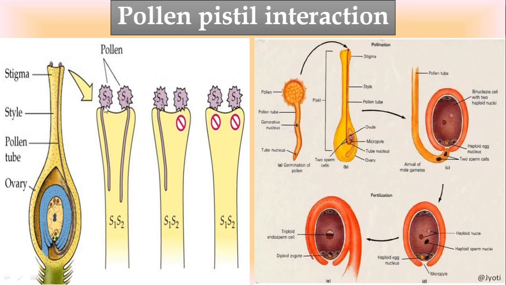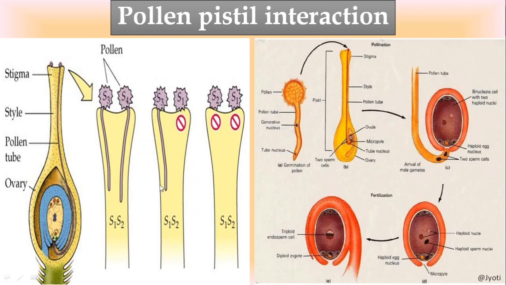Now the pollen grain germinates. It forms a pollen tube. Gradually this pollen tube increases in size, but you can see that here two pollen grains have developed the pollen tube, but only one pollen tube, which is formed fast and grows faster, will reach the ovule. So this is how pollen grain germination takes place. Now what is the advantage of the formation of the pollen tube? As I have told you, pollen grains are the male gametophyte. Each pollen grain contains two male gametes.